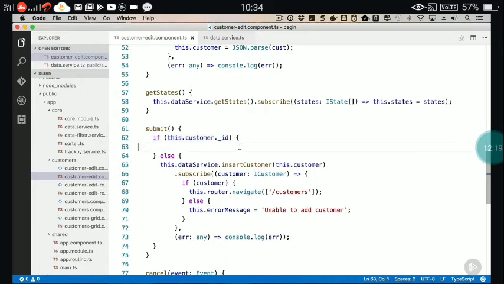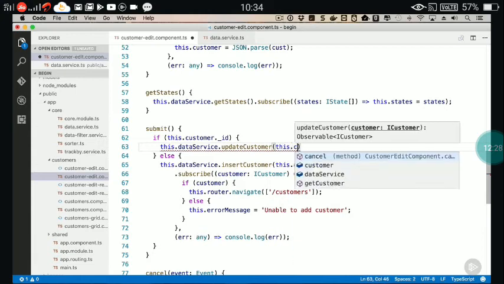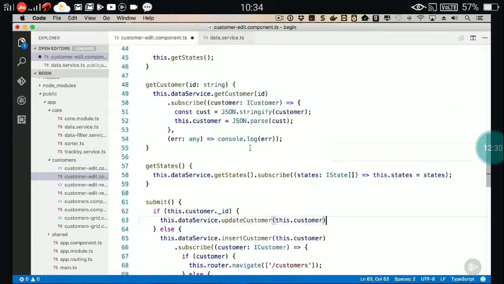We want to do an update. And so now we can call into the code and actually do this. So we're going to use our data service that's already been injected. We'll call our update customer, and we're going to pass the customer that we have up towards the top here